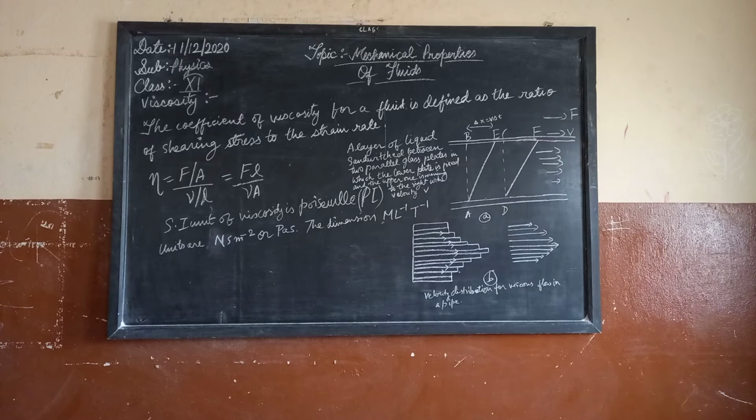Unlike a solid, the stress in a fluid is found experimentally to depend on the rate of change of strain, that is the shear rate, delta x upon L delta t, or v upon L, instead of the strain itself. The coefficient of viscosity for a fluid is defined by the ratio of the shearing stress to the shearing strain rate, and the SI unit of viscosity is Poiseuille,